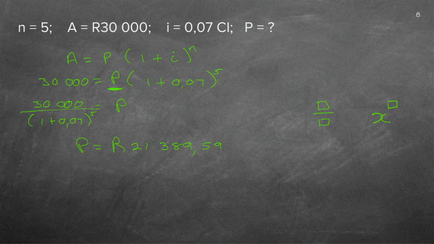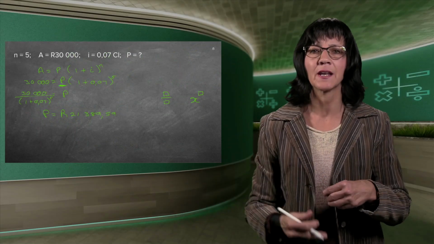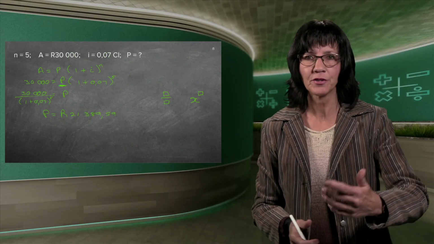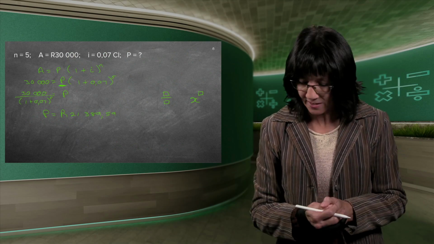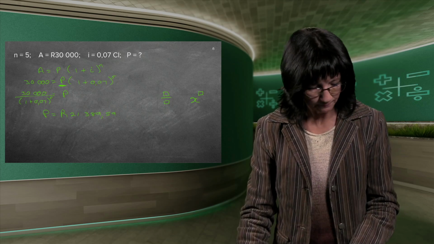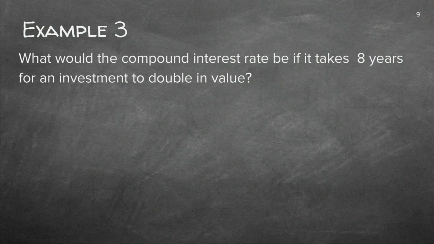I want to now, presently, that's my P, invest 21,000 Rand roughly, so that in 5 years I can have more money. Yes, 30,000 is more. It's not millions more, so that's how I know I didn't make a mistake. It seems like a logical answer. Good. Now, this is a very common one in tests and exams, very, very common, even up to grade 12. What with the compound interest? So I need to make sure it's compound interest.